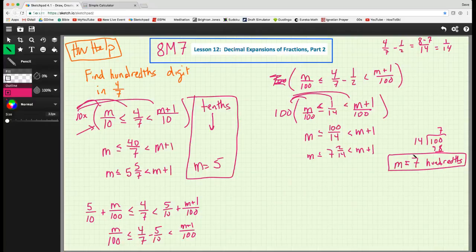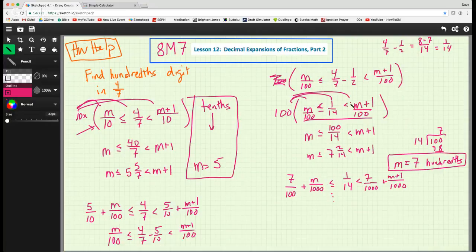Okay, so if we wanted to keep going, we definitely could, and we would start here, and we would say 7 over 100 is less than or equal to 1/7, sorry, looking for our thousandths digit now, plus m over 1,000 is less than or equal to 1 over 14 is less than 7 over 1,000 plus m plus 1 over 1,000. And we can keep going, dot, dot, dot, using the same strategy,